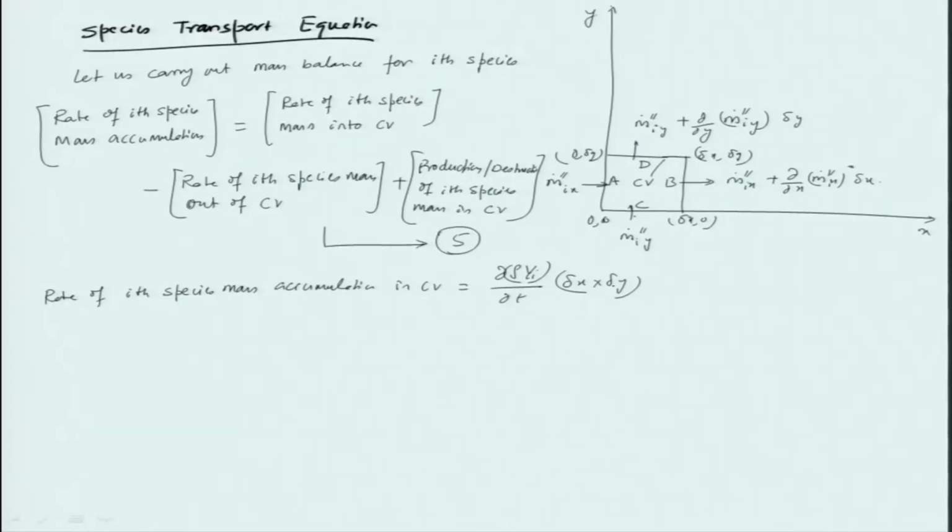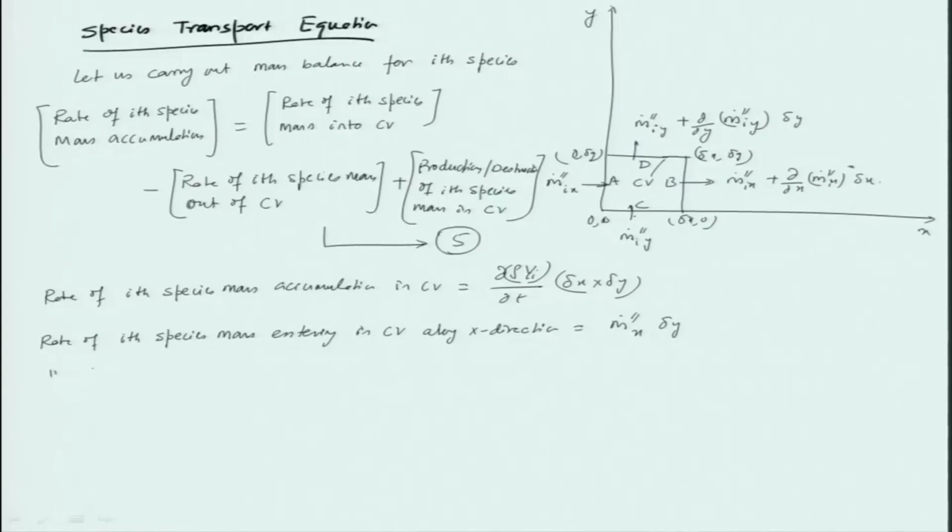And the rate of ith species mass entering into the CV along the x direction, what would it be? It will be the flux in x into delta y, isn't it? This along with this face A,